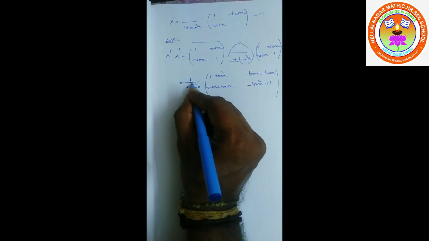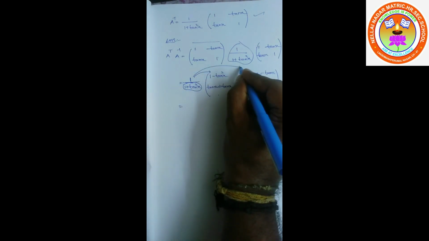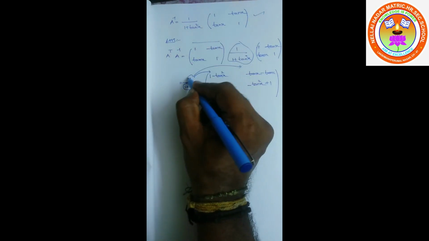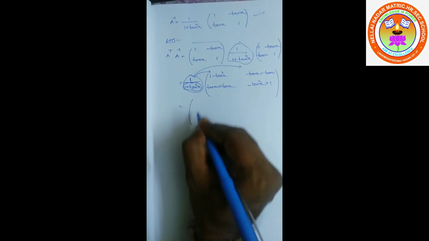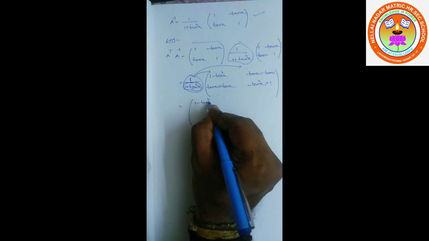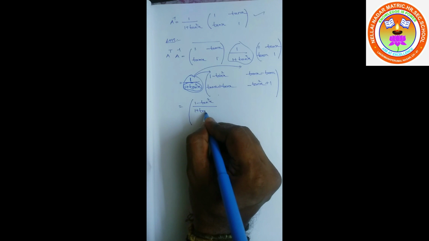So arrange it properly. Since this value is present in the denominator, I need to multiply to each and every element. If I multiply this value with this element, this one comes on the denominator only. So 1 minus tan square x, this value comes to the denominator.